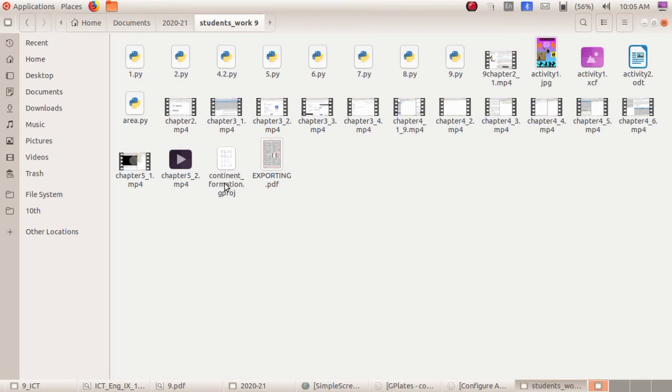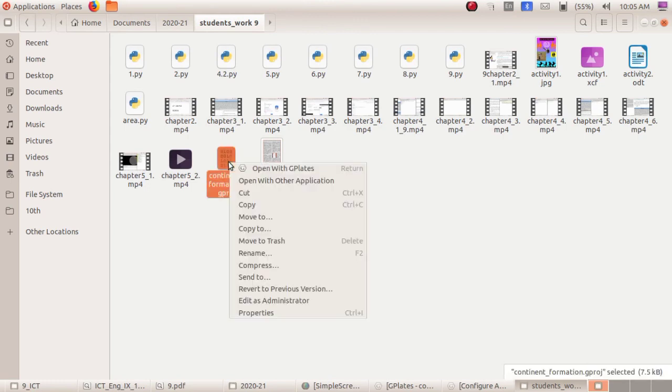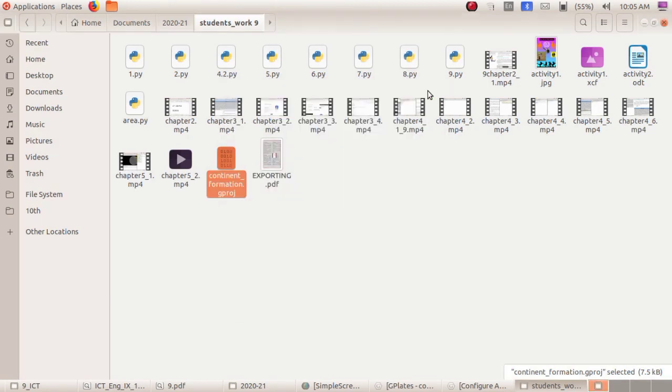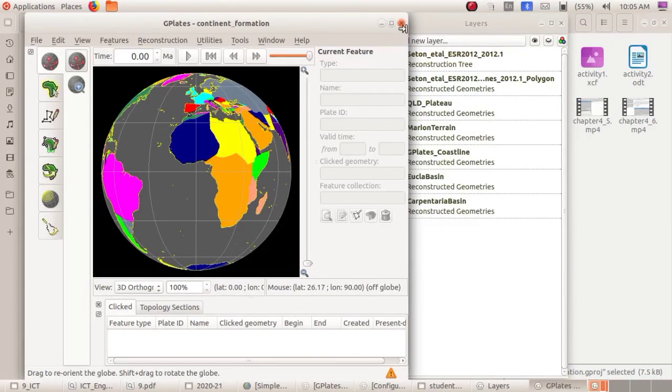Gproj is the unique file format of a GPlates project. If you want to open this project, it cannot be opened by double clicking on the file. There are two methods for opening it. First, select this file, right click, open with other application, and select GPlates.